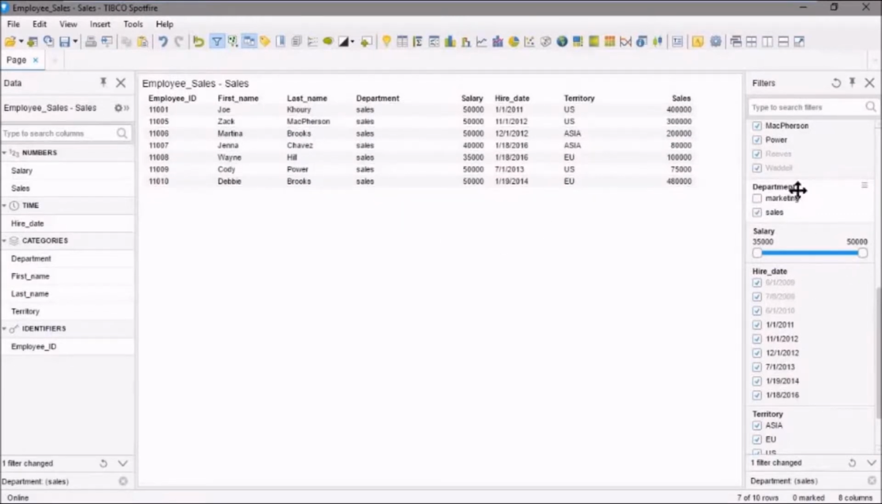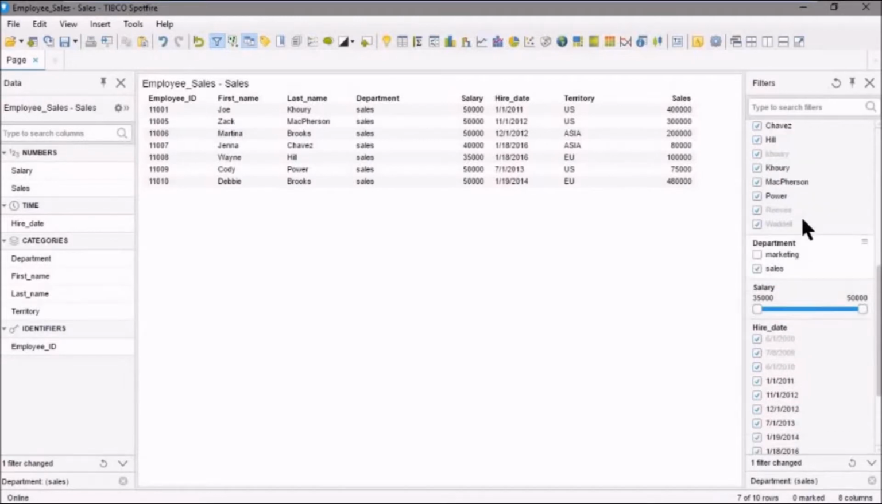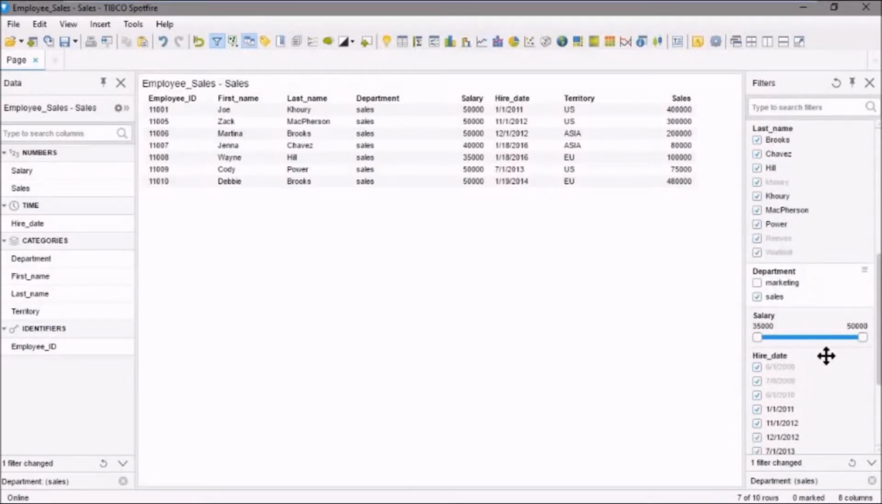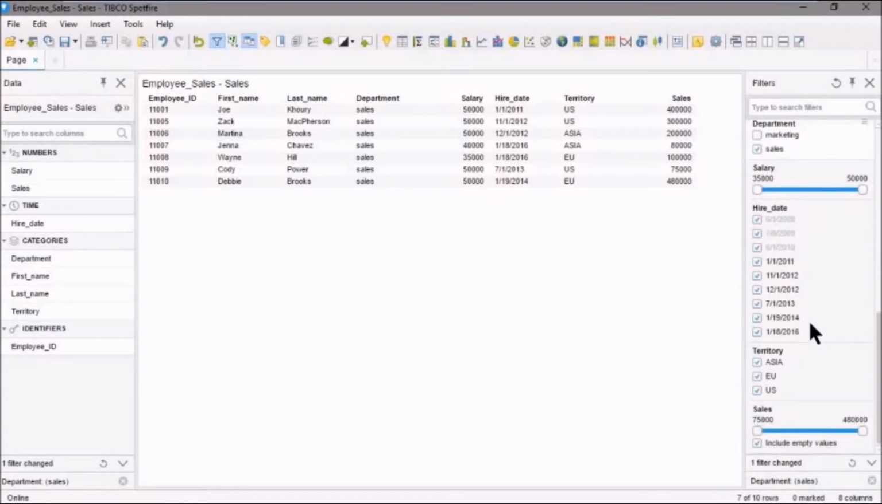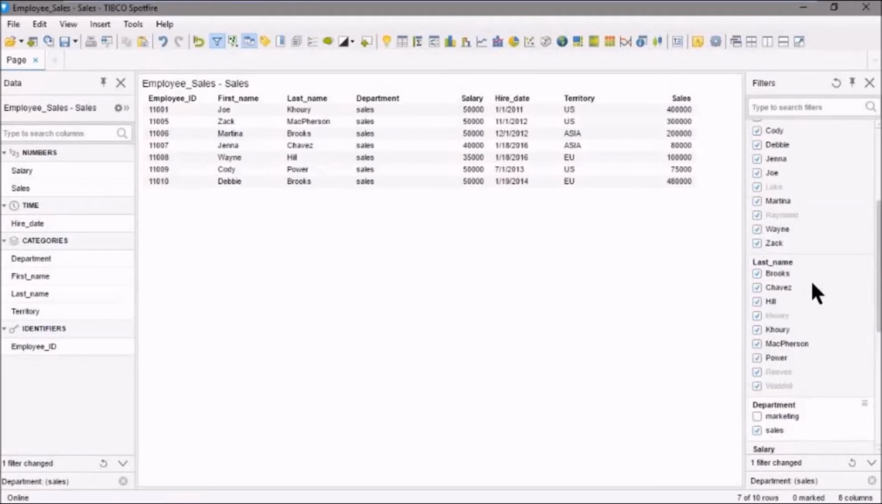And notice that the other filters changed because there is no hire date of 6/1/2009 for the sales department. There is no person with the last name of Reeves or Waddell in sales because we've unselected marketing, so we're only seeing sales. So you can see that it does actually change the data that's presented for you to filter in the other